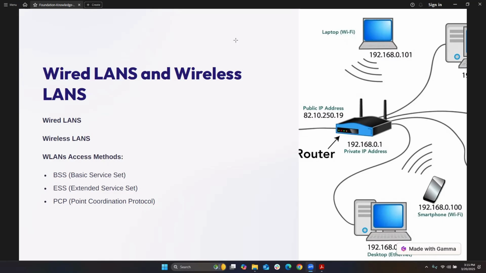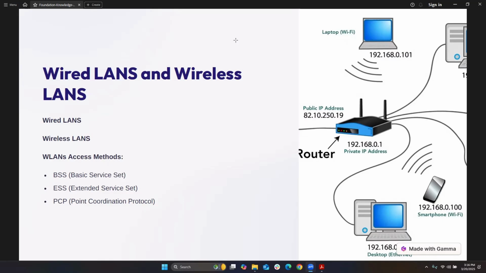But it could be limited coverage and can have network traffic. So another access method is ESS, extended service set. It is a network with multiple access points connected together, which creates a larger Wi-Fi coverage area. All APs are linked to the same wired network and share the same SSID, the Wi-Fi network name. So it allows seamless roaming, so the connection is easy. It can also be improved, and it is scalable. The network can be made big, but sometimes it can be complex to set up, and it also requires a